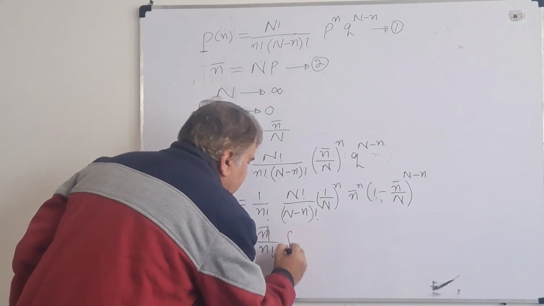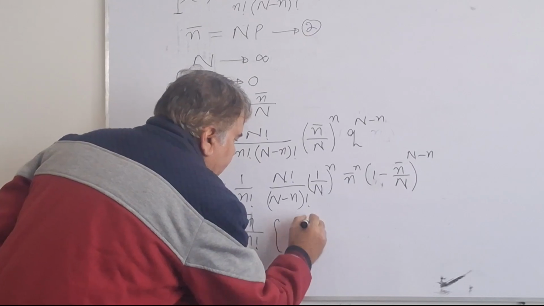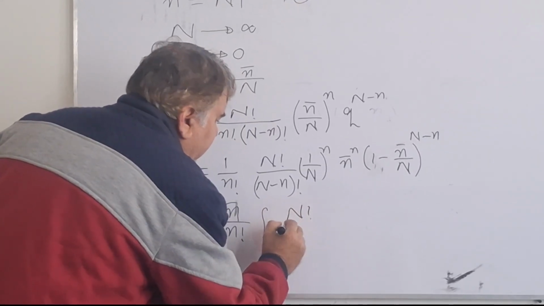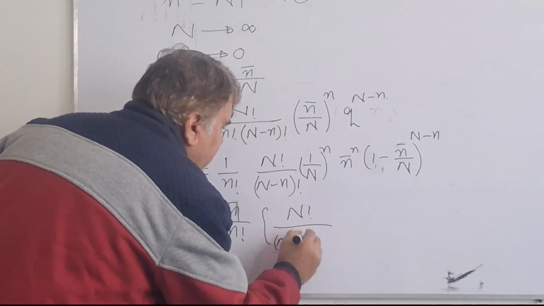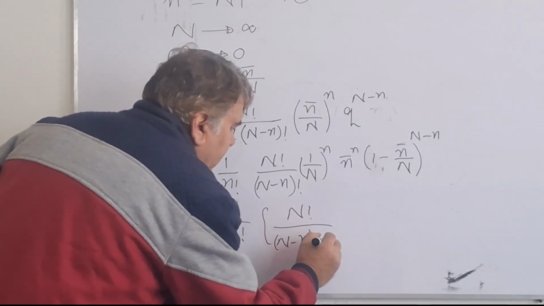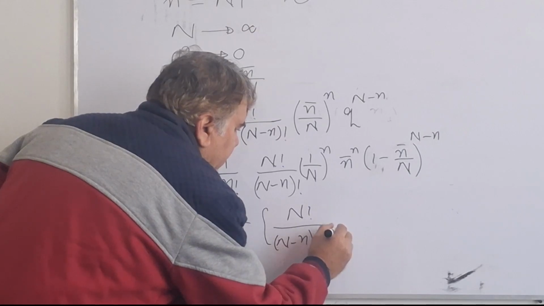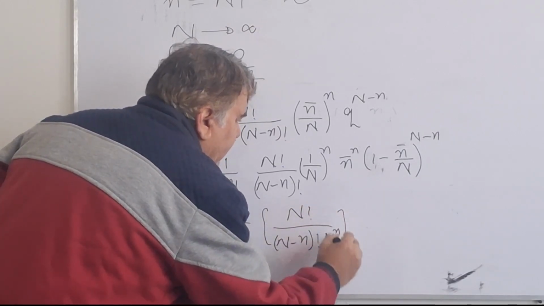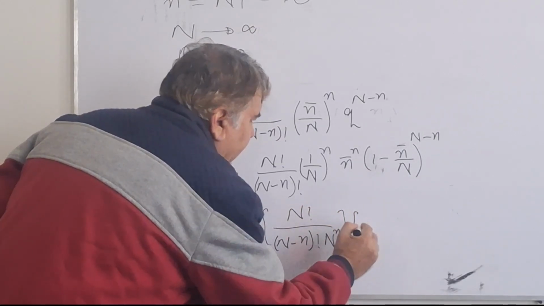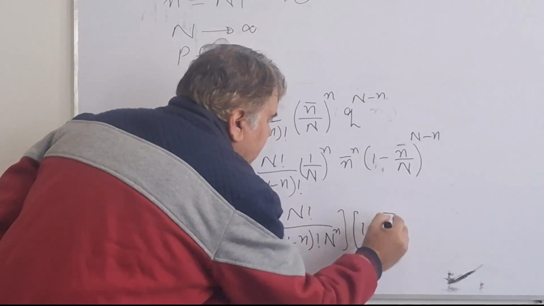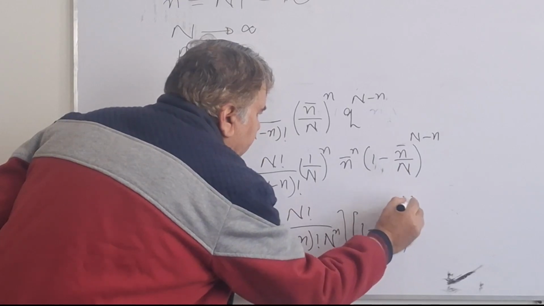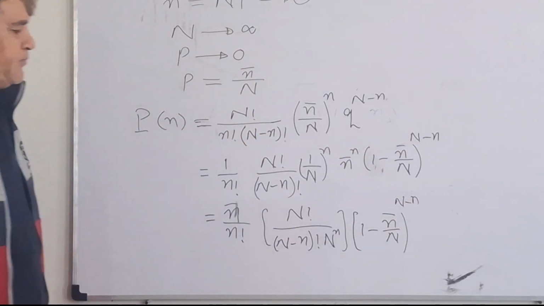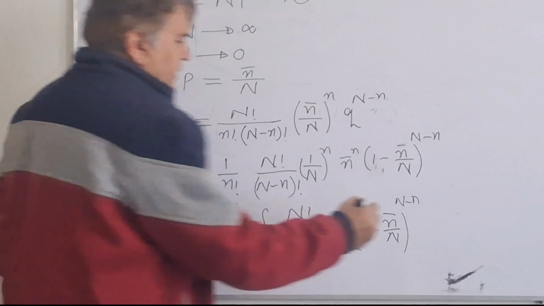I put that inside brackets: n factorial divided by capital N minus small n factorial and capital N raised to the power small n, and then I write 1 minus n bar divided by capital N raised to the power n minus small n. Now I call this equation